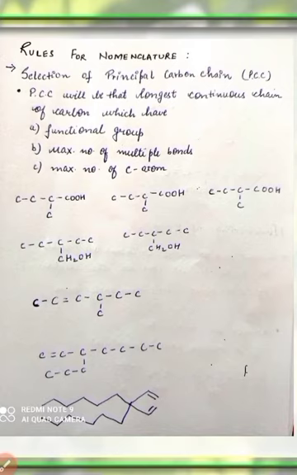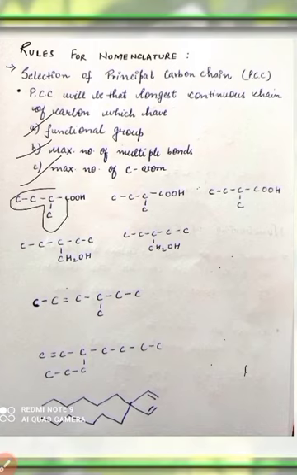For selection of principal carbon chain, which is the longest continuous chain, the priority order is functional group, maximum number of multiple bonds and maximum number of carbon atoms. This is the priority order. I'll explain this with an example. Suppose we look at this example,